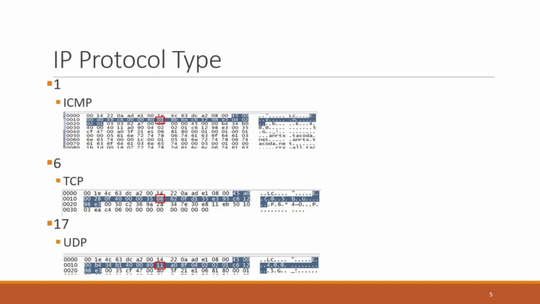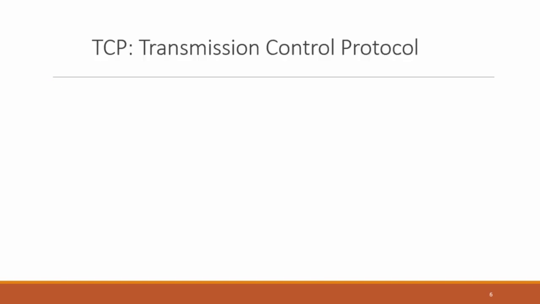What we have here, as we said, ICMP is a 1, TCP is a 6, and UDP is a 17, but we can't represent 17 in hexadecimal, so we represent it with an 11. And again, that's the 9th byte offset of the packet header when you start counting from the 4 and the 5, the 45. With TCP, we have guarantee of reliability, and we get this from the control bits or flags